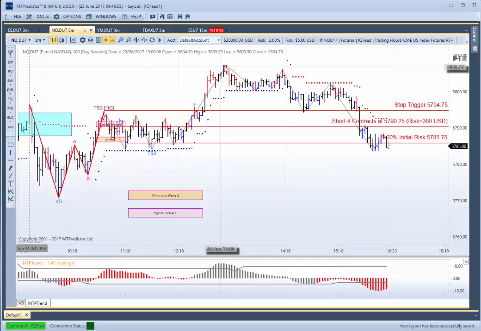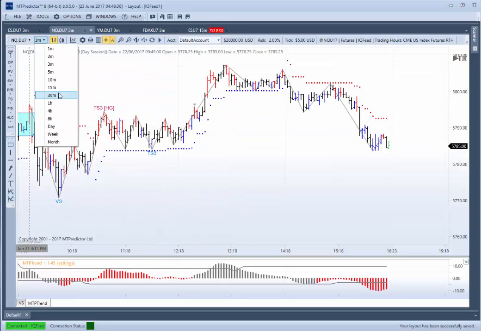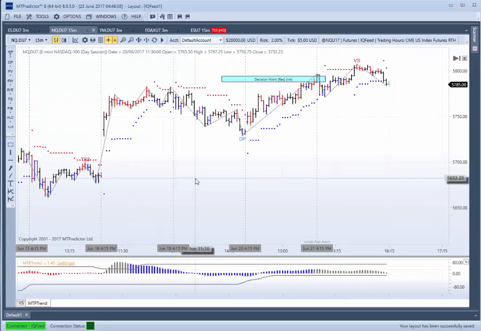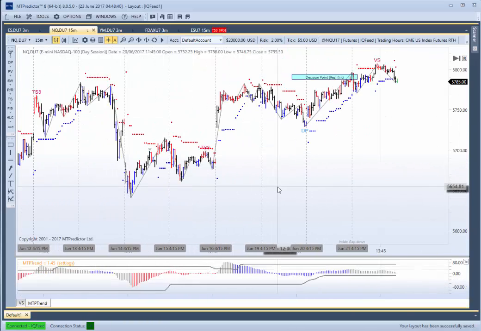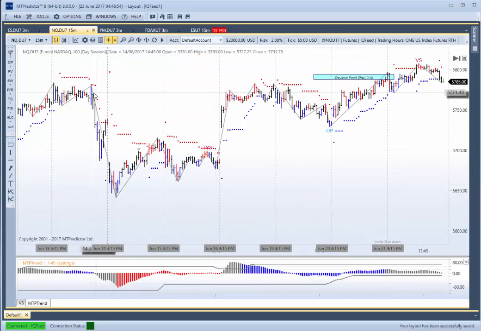The market actually carried on up a bit later in the day, making a high. And if we go out to the 15-minute chart and zoom out a bit, this was the last swing into the low. For those of you who've been following MTPredictor for a while, you'll know this is a swing we like to look at a lot. There was a last major low way back there on June the 15th. This was the last swing into the low. If I right mouse click off this pivot and put a DP on,